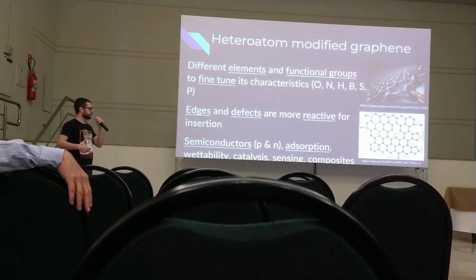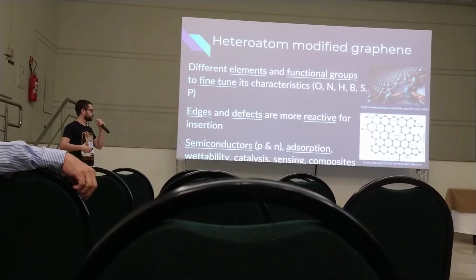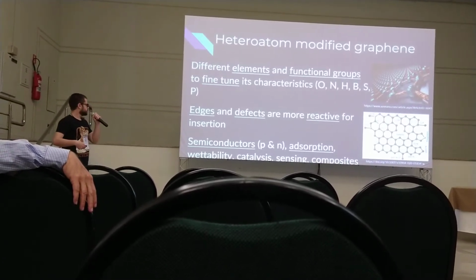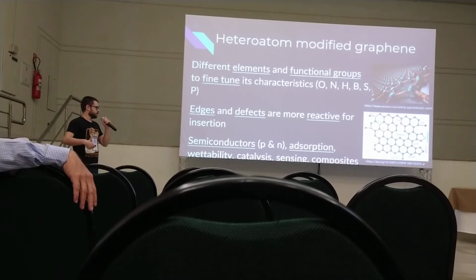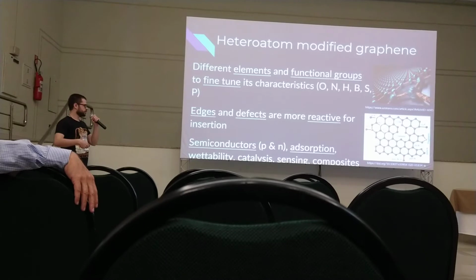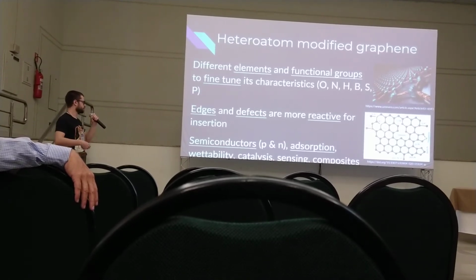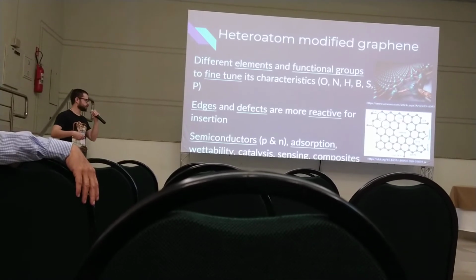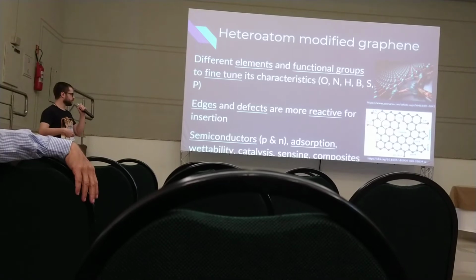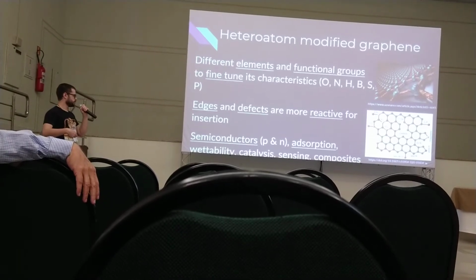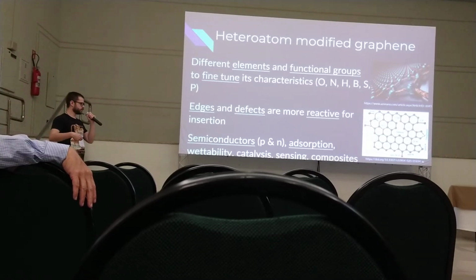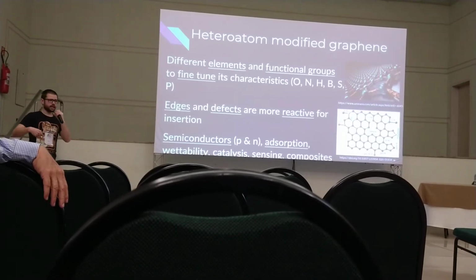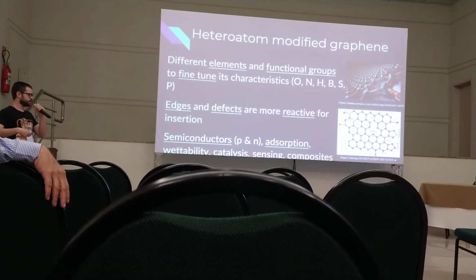And graphene has a characteristic that its edges and defects are more reactive for insertion than the basal plane. And some effects that the insertion of these elements causes is turning graphene into a semiconductor, both P and N type. It can change its absorption properties, availability, catalysis. It can sense many different analytes, and it can generally change its bonding to different substrates, which is interesting for